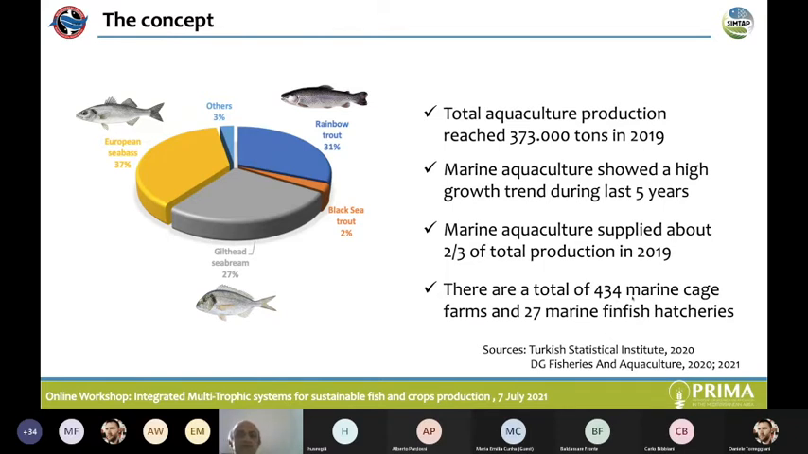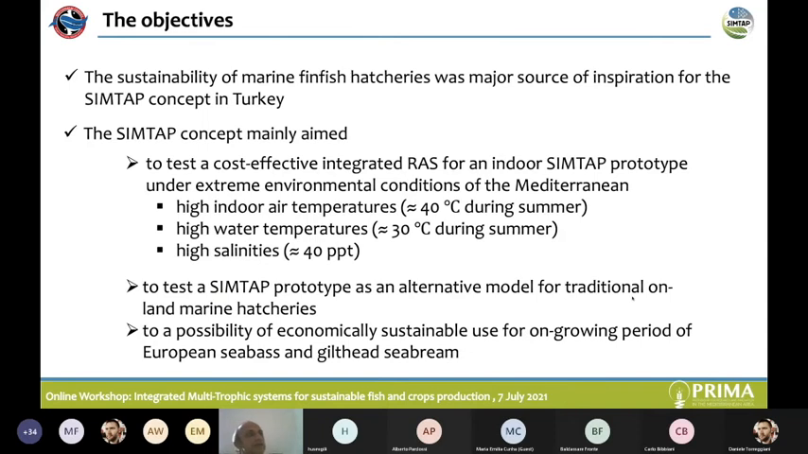These marine finfish hatcheries are flow-through systems which use brackish surface and groundwater. Sustainability of marine hatcheries was the major source of inspiration for the SIMTAP concept in Turkey. In fact, marine cages have faced many environmental restrictions since the beginning of this century. For the last few years,